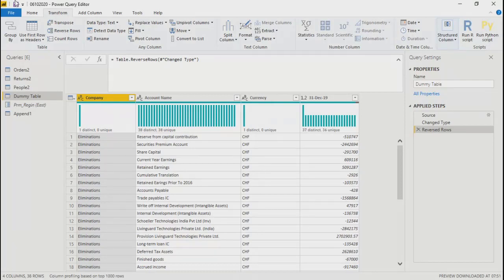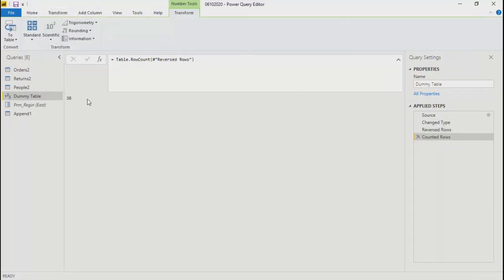So I'll go ahead and apply this. As soon as we do count rows, we got just one row, that is 38 total records, right? Counted rows 38. It is just to know your data, how many records it has, that's it.